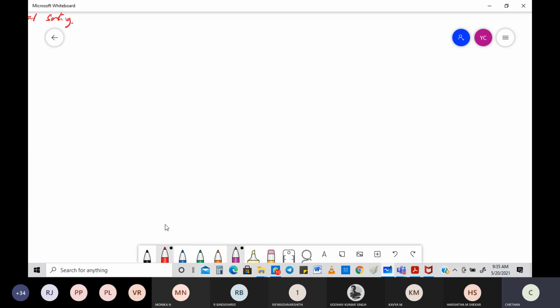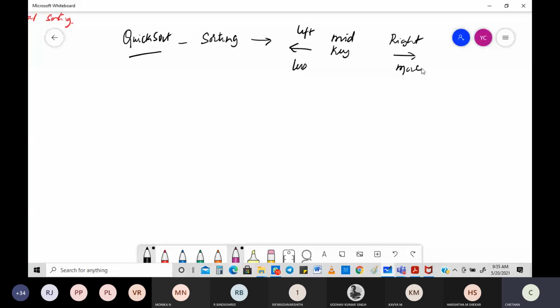Now, what we are talking about is quicksort. What is its purpose? Sorting. And how does it sort? By the very simple idea that the pivot or key element will be in between. Towards this side you will have the left array, towards this side the right one. Towards this side you will have all the lesser values, towards this side all the greater values. That is what our analogy has always been.